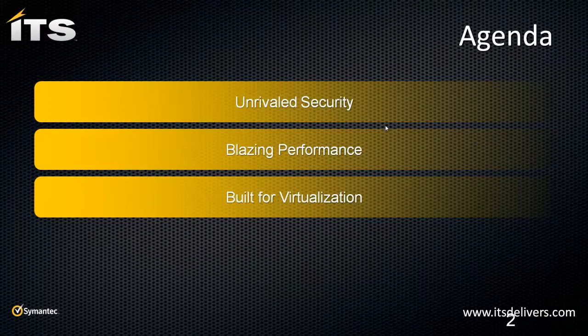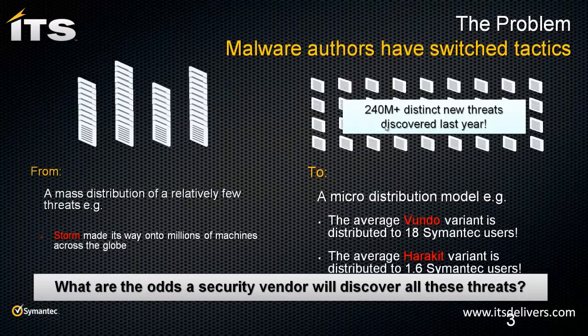Unrivaled security, blazing performance, built for virtualization. So, the problem. Malware authors have switched tactics from a mass distribution of relatively few threats to a micro-distribution model. One of the notes that Symantec makes is that if you look at two viruses, with the Voodoo virus, for every 18 customers that Symantec sees, a new variant is coming through. Whereas with the Heuristics virus, what we're seeing is that every